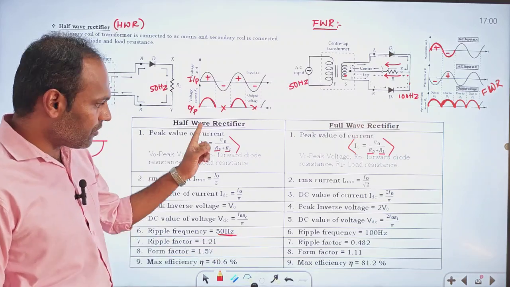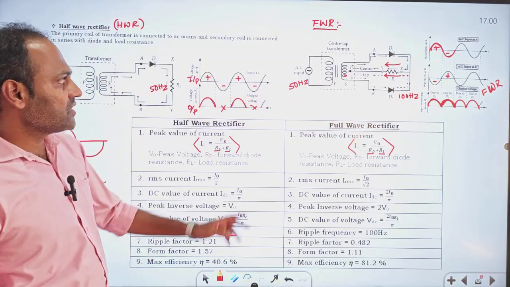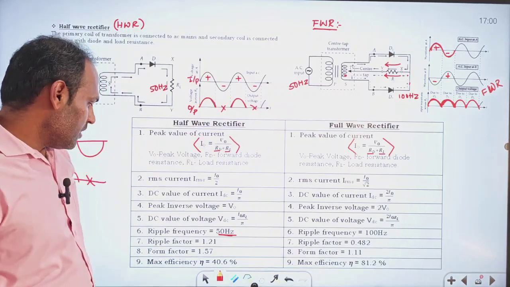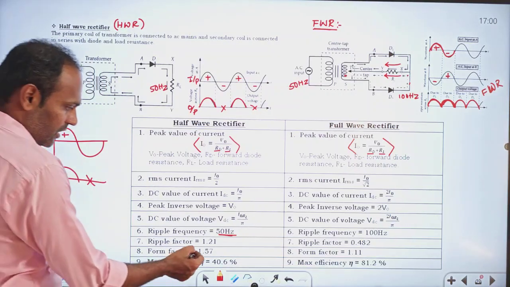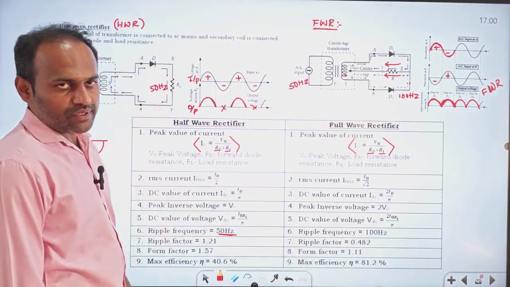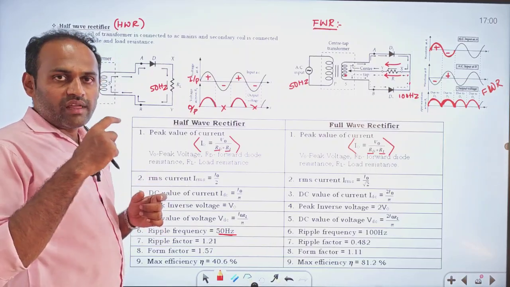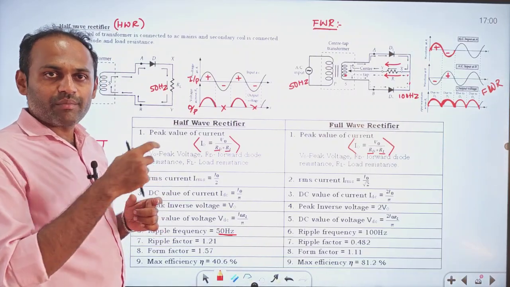That's why you can see here ripple frequency is 50 hertz for half wave rectifier and it is 100 hertz for full wave rectifier. Frequency gets doubled in full wave rectifier. Next note, ripple factor. It is 1.21 in half wave rectifier and it is 0.482 in full wave rectifier. Ripple factor means it tells us about how much AC quantities, AC ripples, are remaining in the